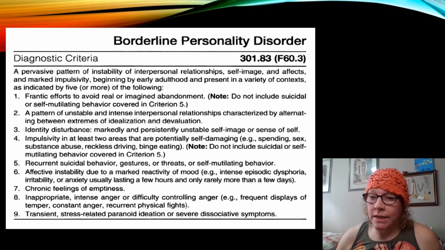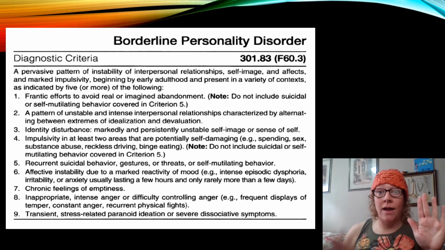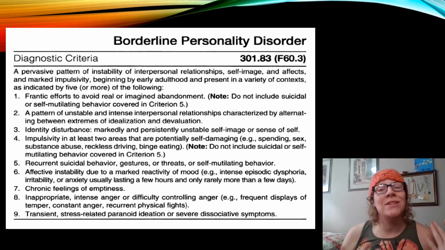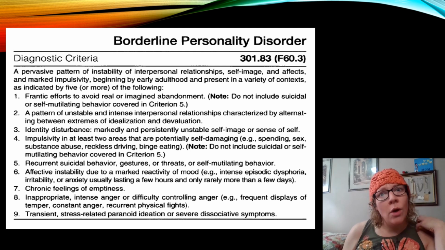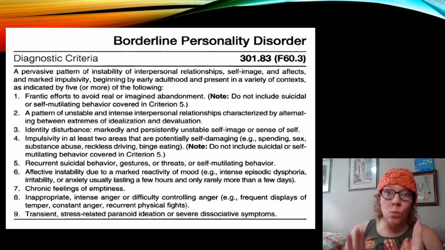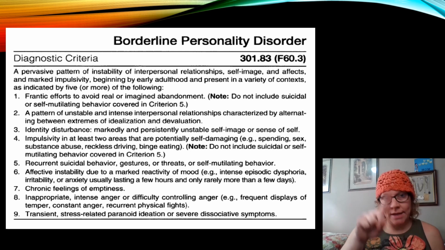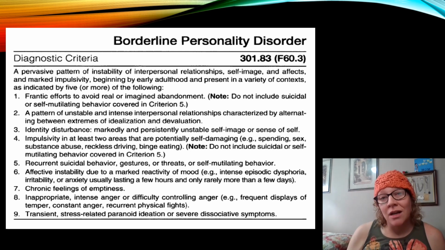I'll give you a little bit of insight into me. I exhibit all 9 of these symptoms. Not everyone does. Some might exhibit 5, 6, 7, 8, 9. And because you can exhibit 5, 6, 7, 8, 9, and they can be of varying numbers, I think there's something like over 200 different combinations of ways that these symptoms can manifest themselves in one human individual. So when you talk about someone having borderline personality disorder, one person to the next, to the next, to the next isn't necessarily going to understand what the other person is going through.